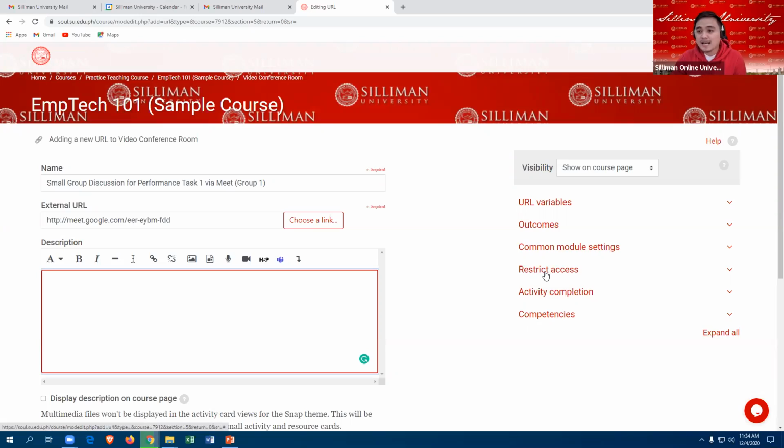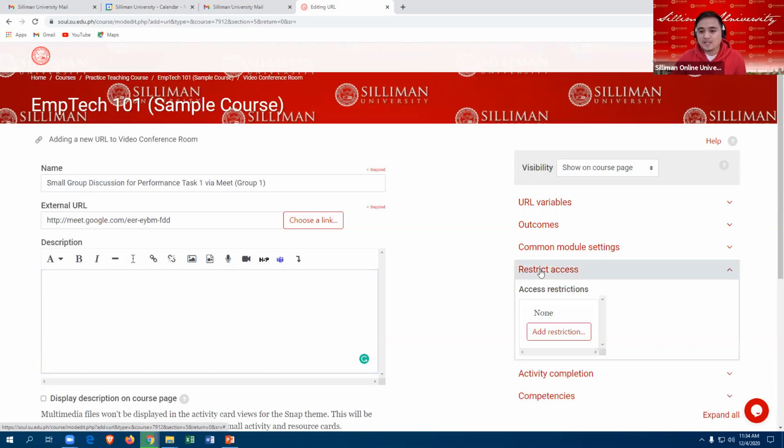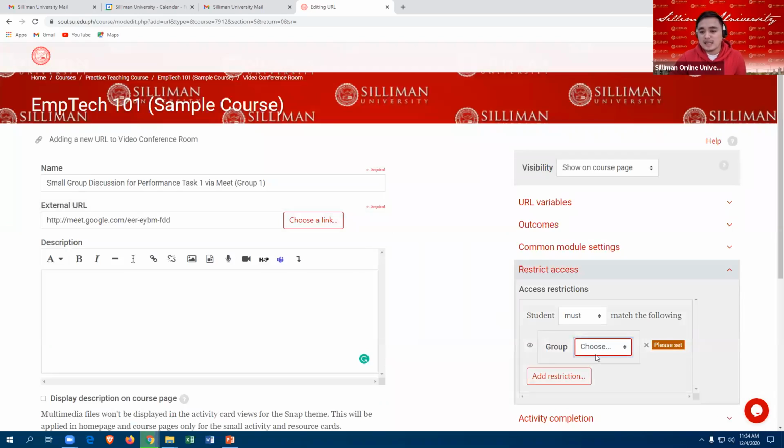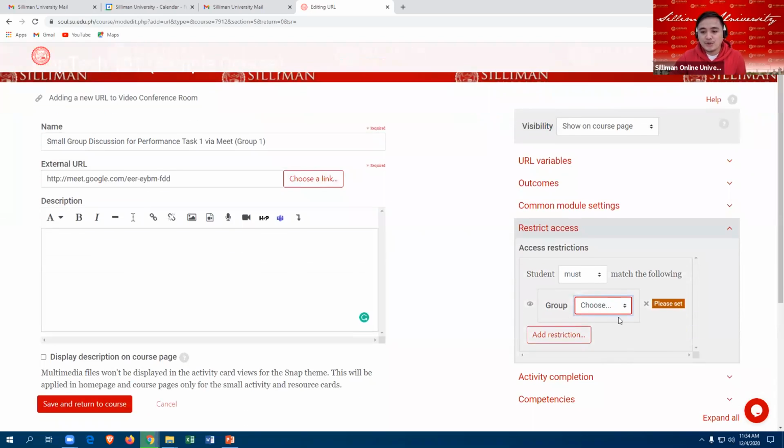And then next, we restrict access. We click Add Restriction, and we will base that on group. So click the Group button and then you select the group name. For instance, I will proceed with SGDPT1 group 1.